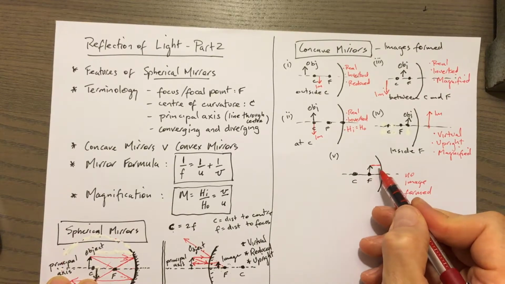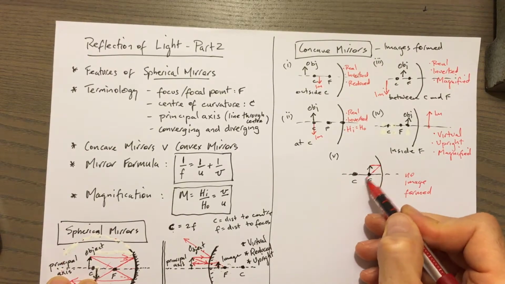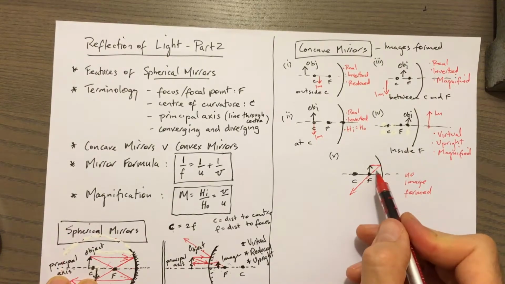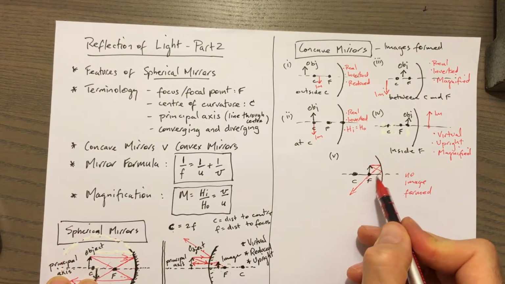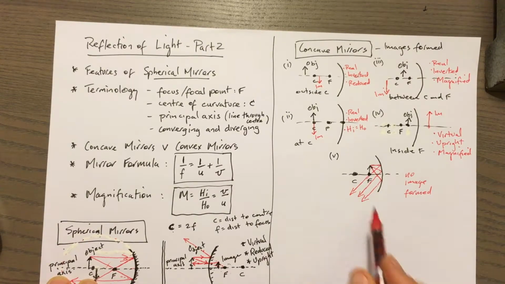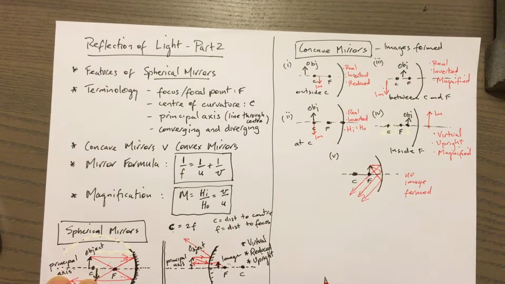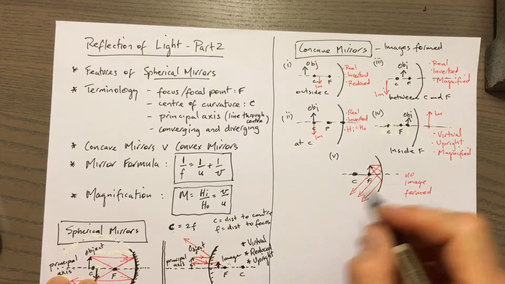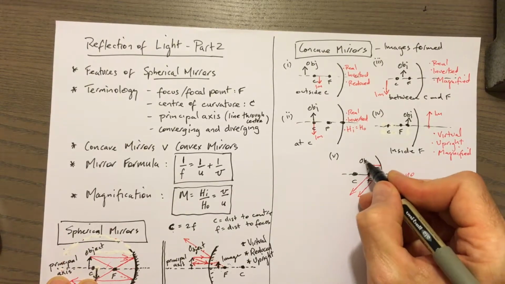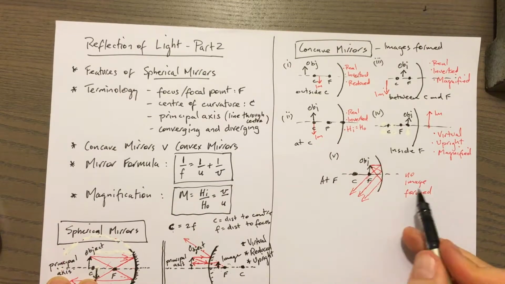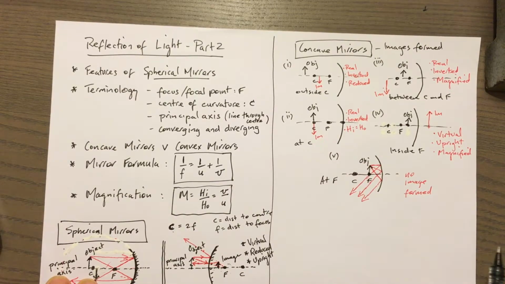That's because when you do your ray diagrams, coming off, we find that the rays actually run parallel to each other, and so they never actually meet. So there's no image formed. Okay, and that's an important idea for later on. So we're saying if the object is at F, no image is formed. It's an important idea for later on because